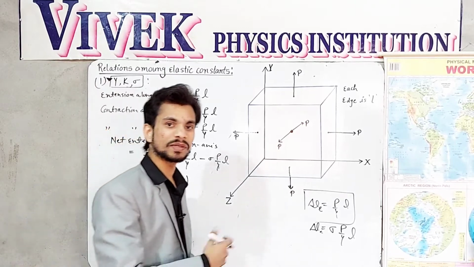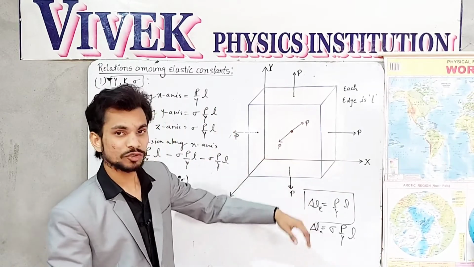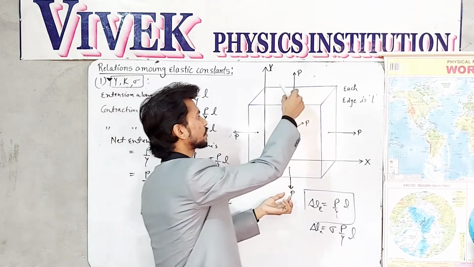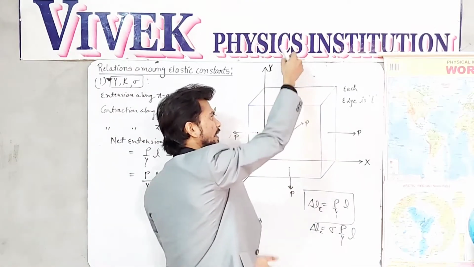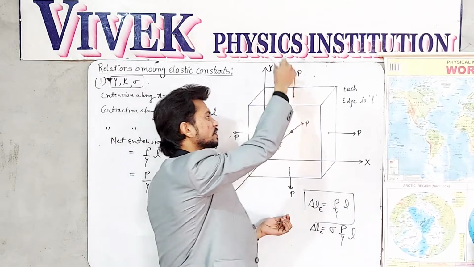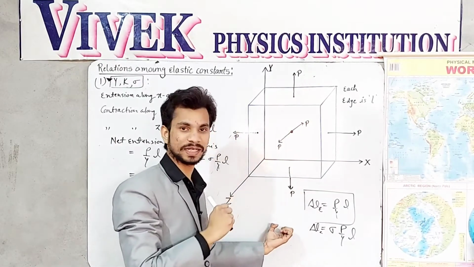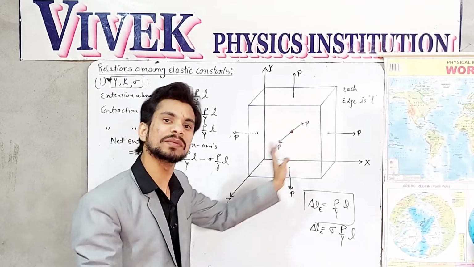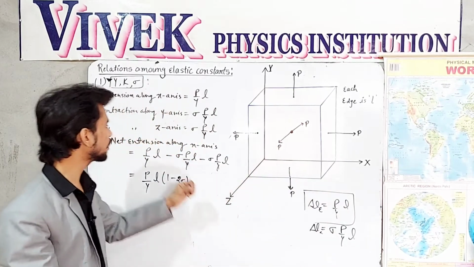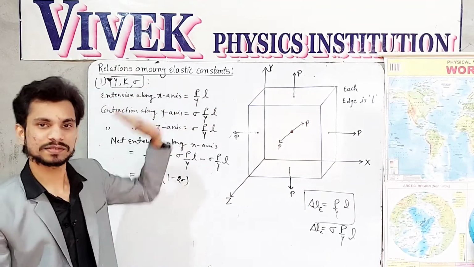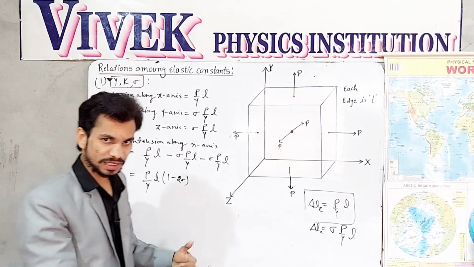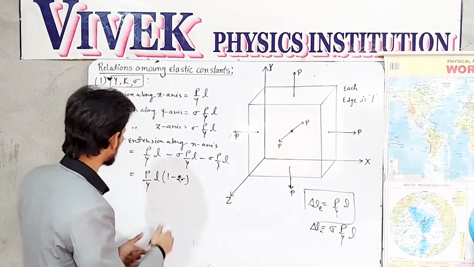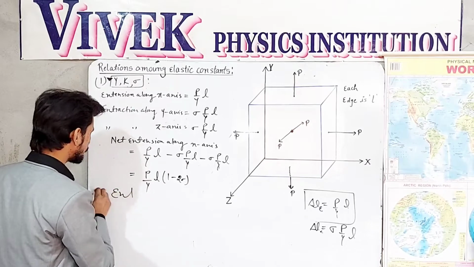Now I will take the same consideration for the y-axis. Now I am considering this normal stress, along the y-positive axis as well as along the y-negative axis. What will happen? All the considerations and facts will be the same as for the x-axis. Similarly, I can say here that the net extension